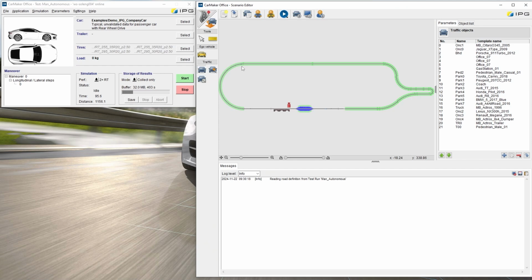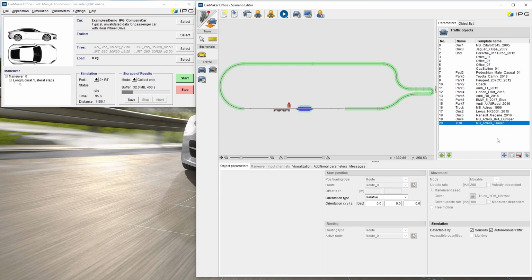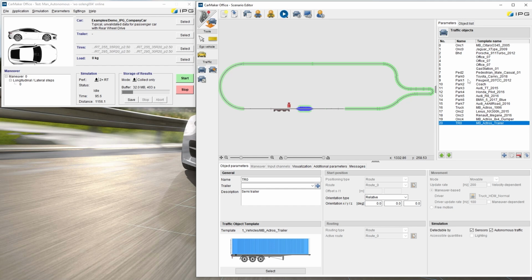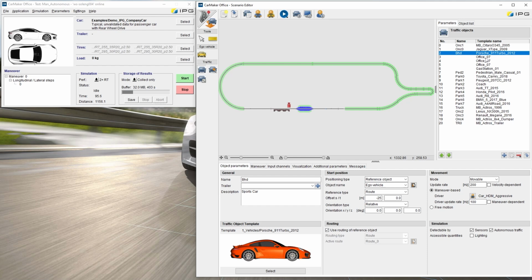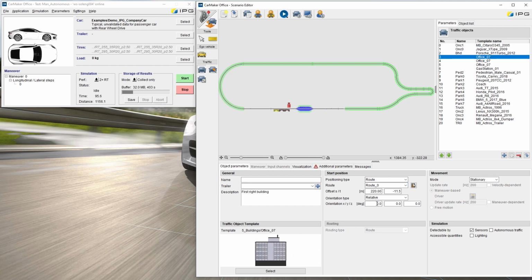We can see some traffic objects already included in our scenario. Some of them are movable, like the cars you see here. And some of the traffic objects, like buildings, are stationary in this scenario.